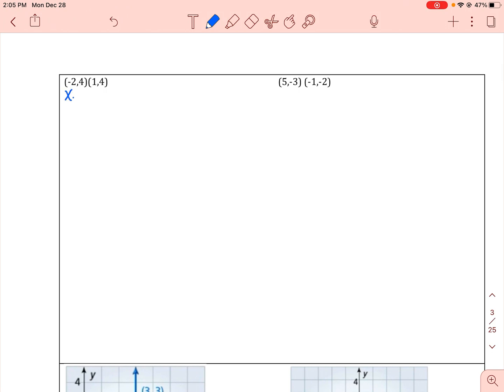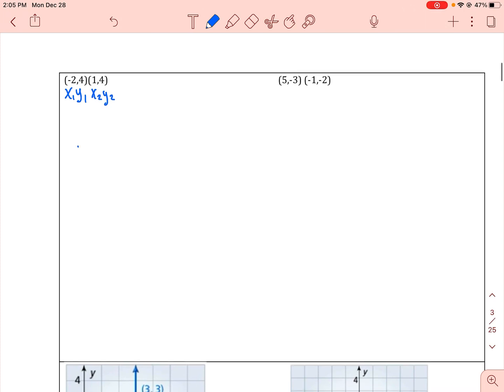So let's label. Here's my first coordinate or first ordered pair. Remember, there's always one x and one y. Here is my second ordered pair. Remember, an ordered pair always has one x and one y. So my slope, which is m, y2 minus y1 over x2, and then I'm going to do opposite of x1,